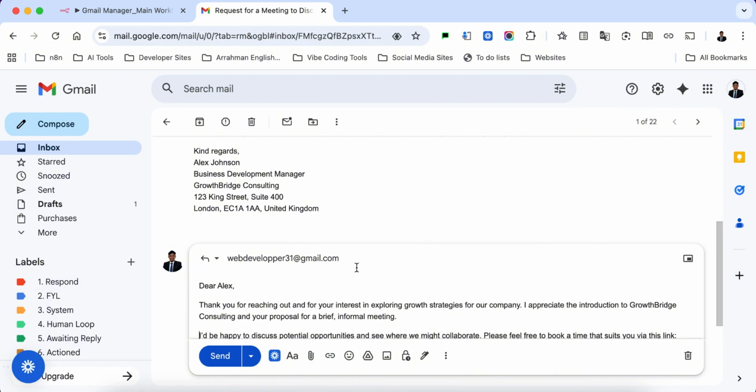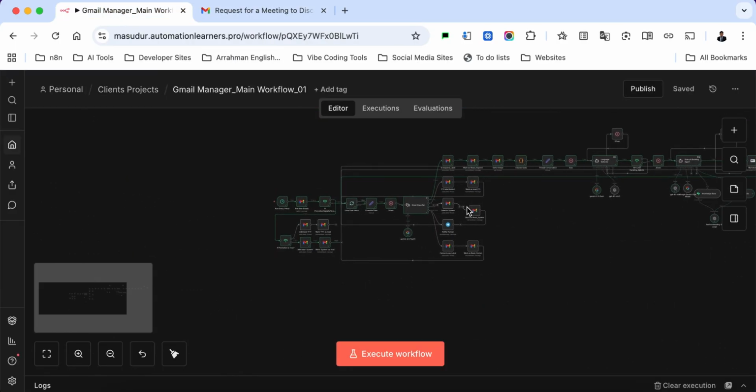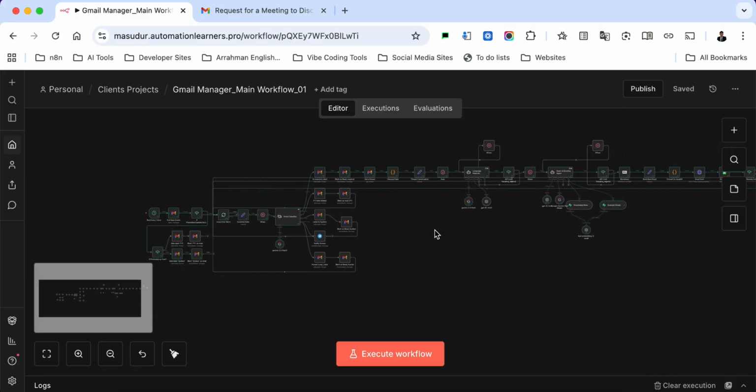So the manual process is removed here. You can just read it. If you feel okay, you can just send. If you want to edit, you can edit. So you don't have to worry about the inbox, what to write, which one I should avoid, which one I should give importance. So now let's break it down so that you can understand the concept behind